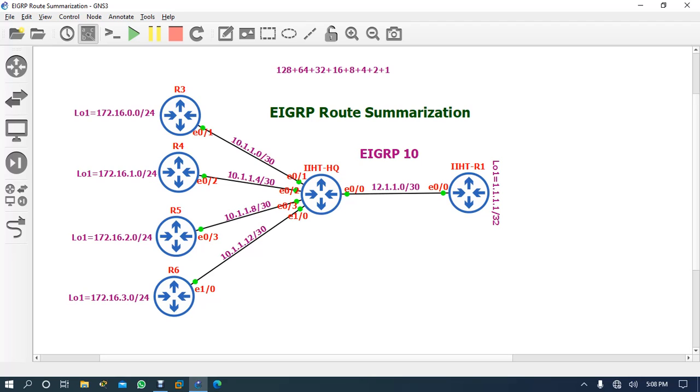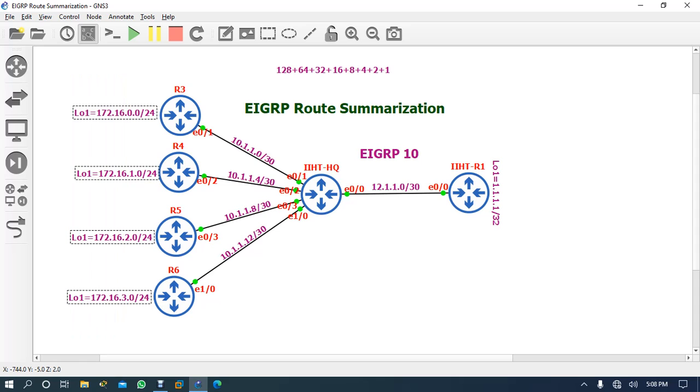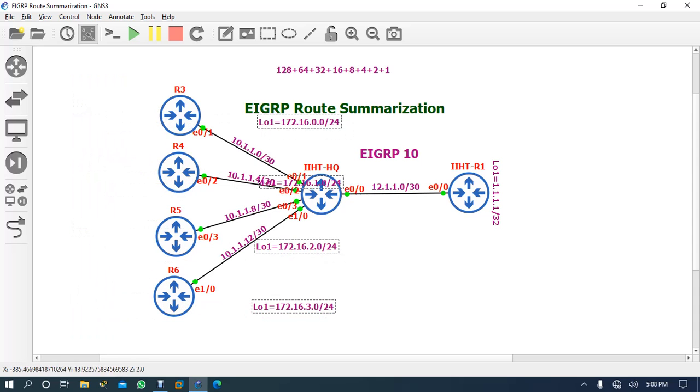Okay, so now we have already opened this lab, the EIGRP route summarization lab, and you know what the need of EIGRP route summarization is and what the benefit of that will be. See, the simple strategy of EIGRP route summarization is, suppose this is your headquarter router, and your headquarter router is receiving multiple routes from different routers.